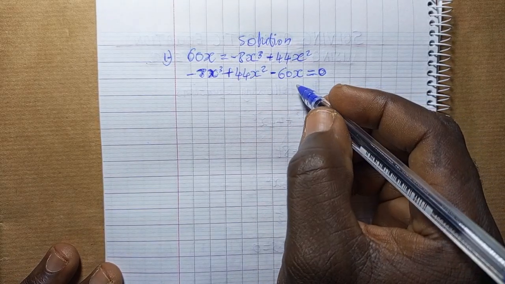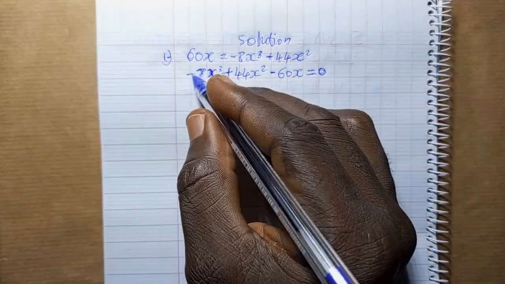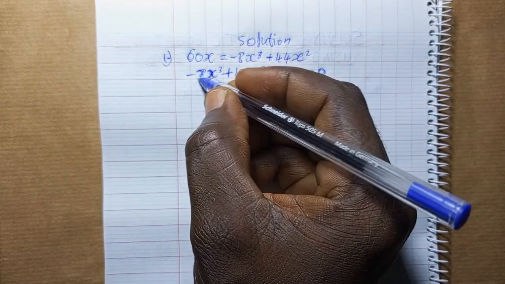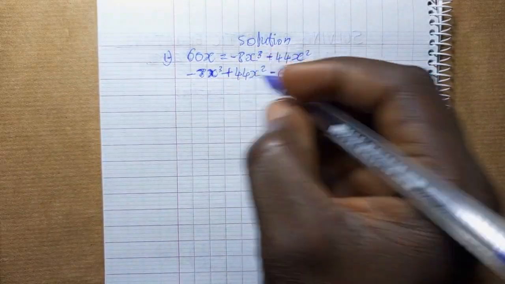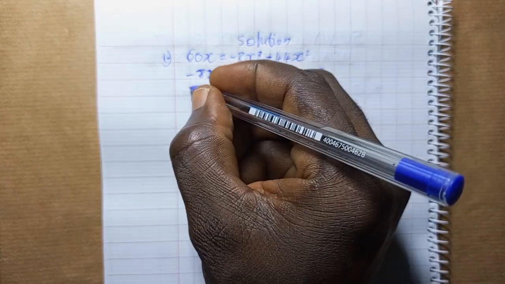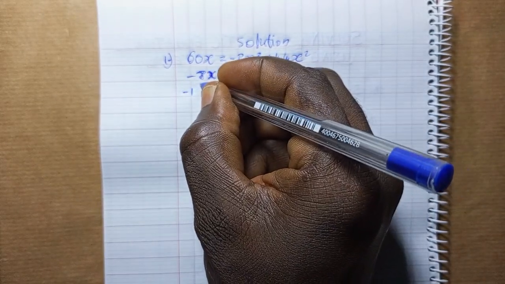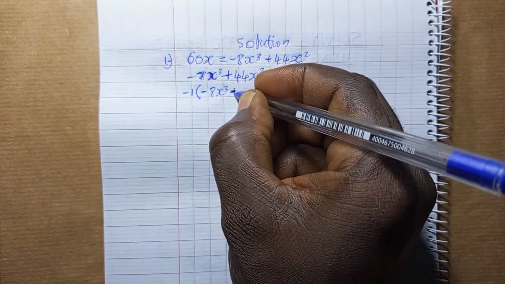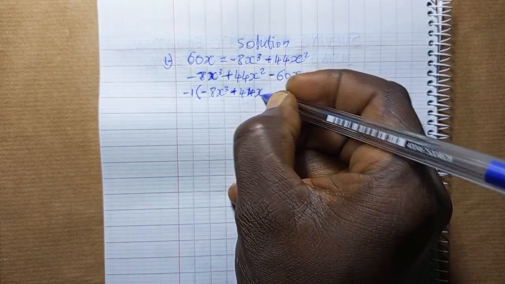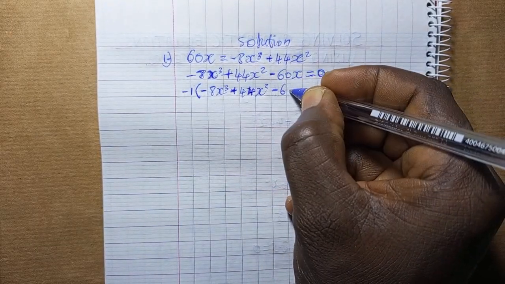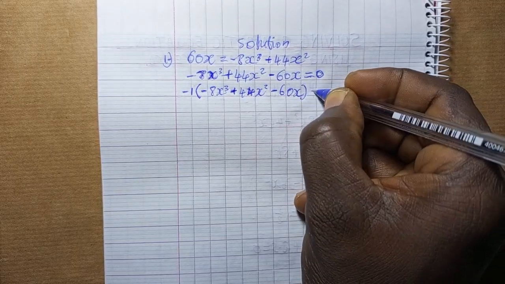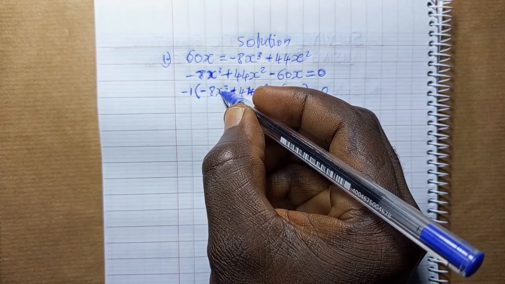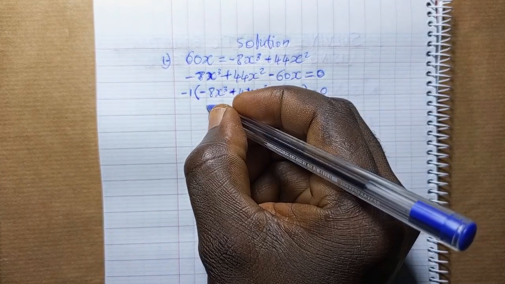So the next step here is to multiply the equation all through by minus 1 to get rid of this negative that is in front of x raised to power 3. So we have minus 1 open bracket minus 8x raised to power 3 plus 44x square minus 60x close bracket equals 0. Now minus 1 times minus 8x raised to power 3 will give us 8x